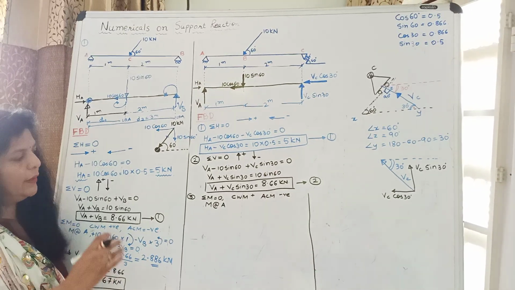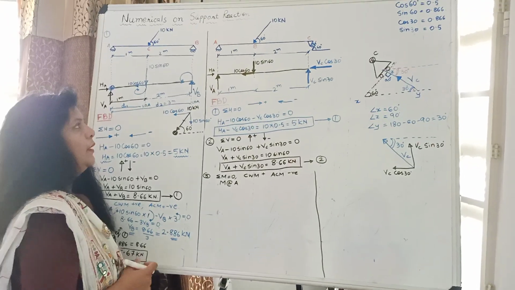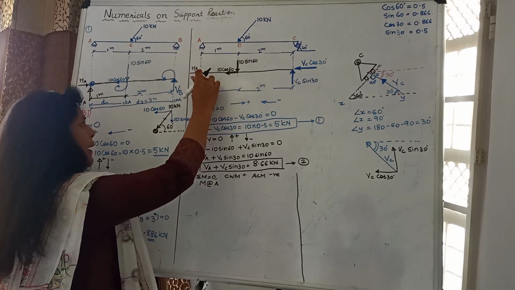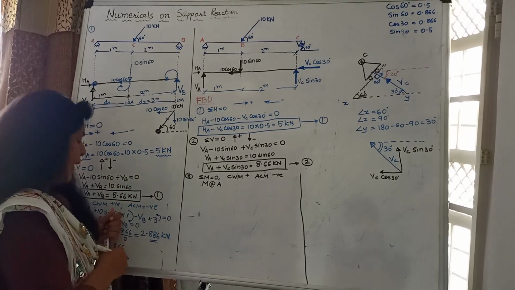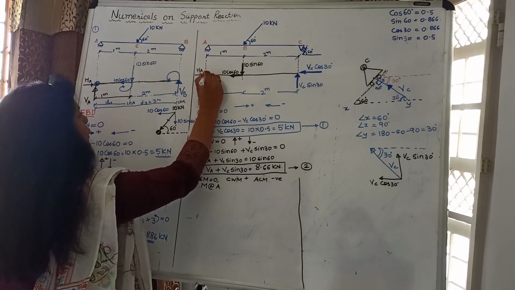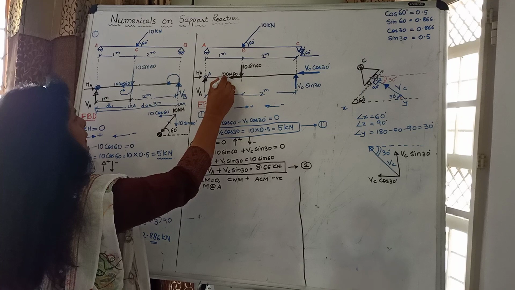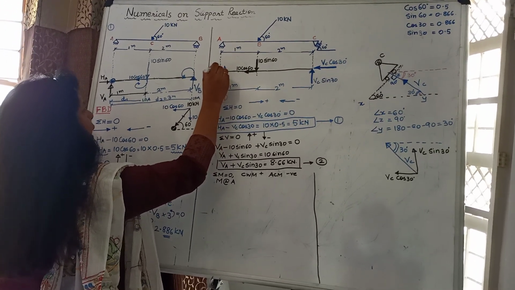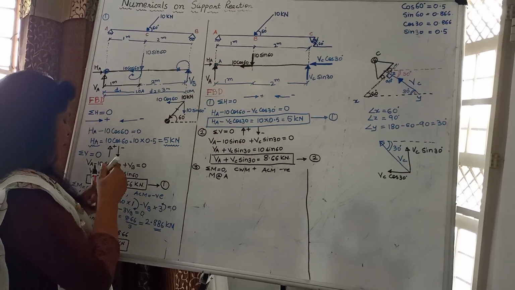So I'm again starting with the third step, that is moment. So moment about point A. If you want to take the moment about point A, the line of action of the force with respect to distance is taken with respect to point A. And if the force is vertical, the distance considered is horizontal. Over here horizontal forces are there, but if I extend them, their line of action meets at point A. So the distance is 0.